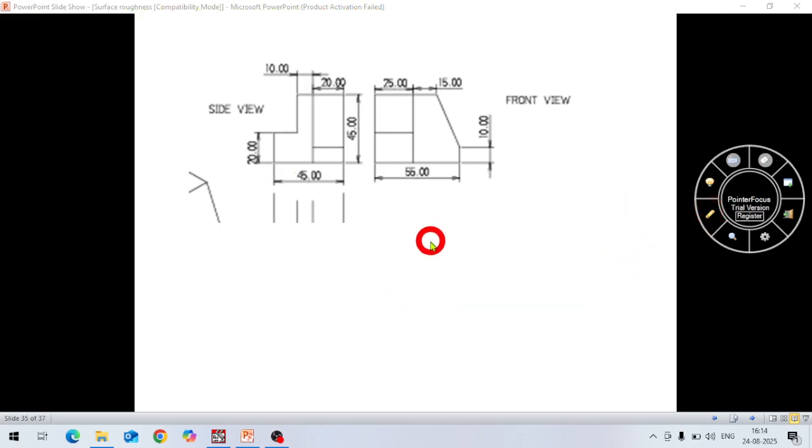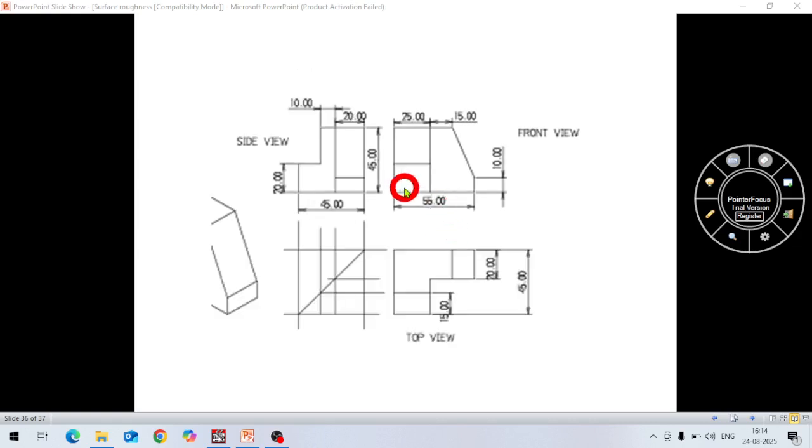But if you want to make this like this also, you can make it. These two views are given here. This is front view, this is side view. Then you draw the projection lines like this. This is the width, 45 distance. So these vertical lines are there, and then horizontal also 45, because this height is also 45 and this width is also 45. So you make it like this, and then draw at an angle of 45 degree,